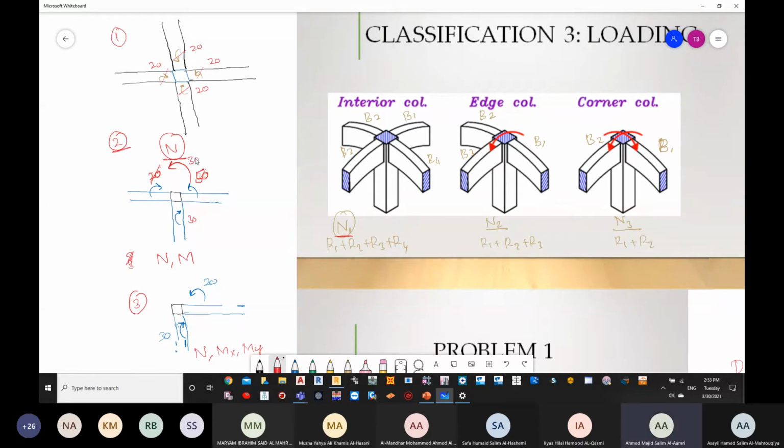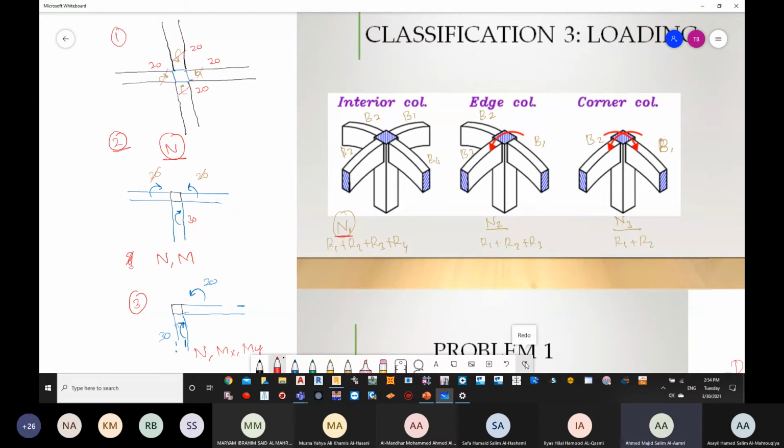So in that scenario you will be designing it for MX and MY as well, because you still have moments on both sides. If they cancel each other, I can cancel one moment. If they didn't cancel each other, then you will still have 2 moments. Now when it comes to reality,